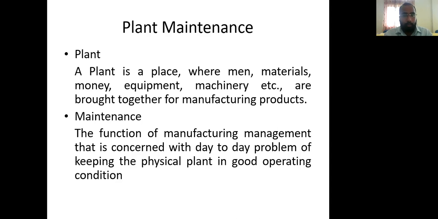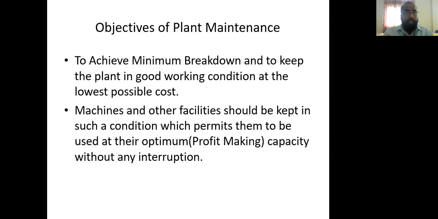It will create hurdles, right? So what are the objectives of plant maintenance? When it comes to plant maintenance in manufacturing, I must have a good profit, right? How to achieve a good profit, or how to achieve higher productivity? I must use the same resources to get a higher benefit, or higher profit. So how can I achieve this?